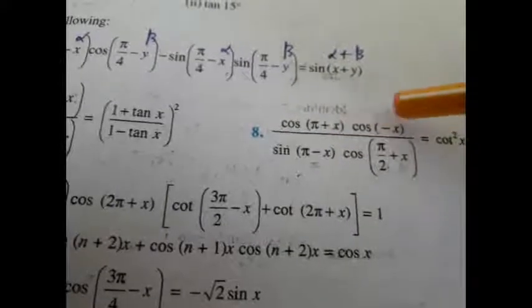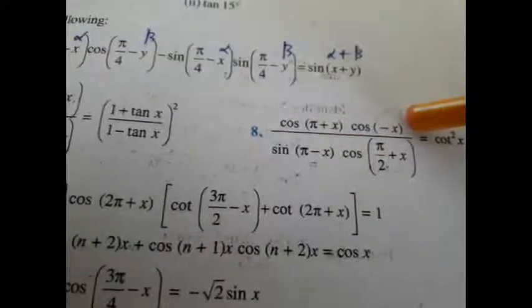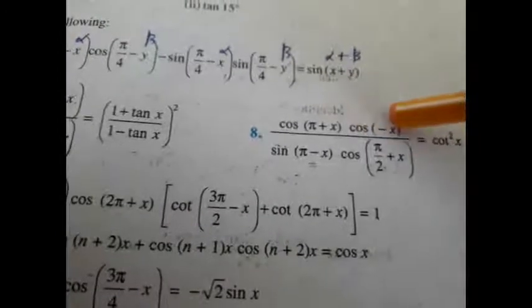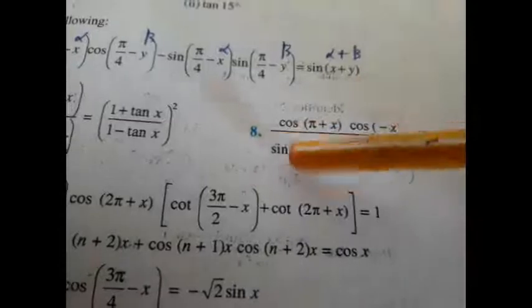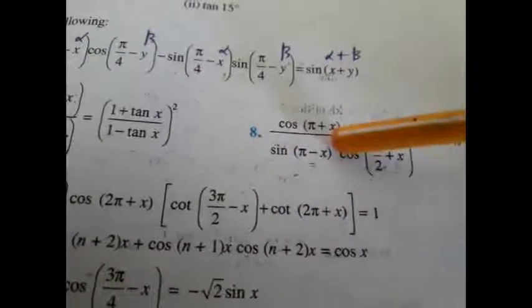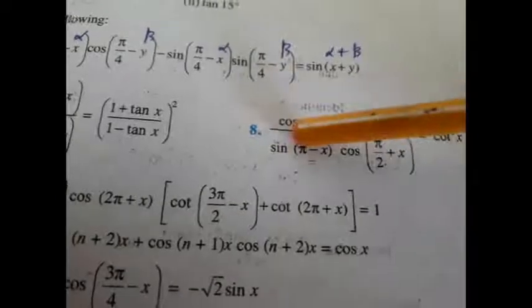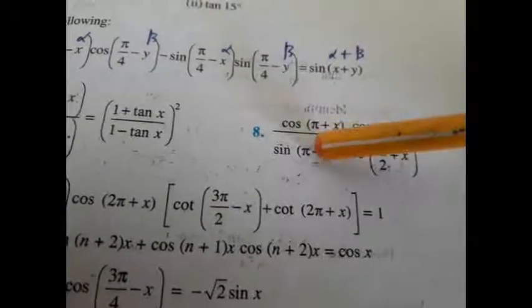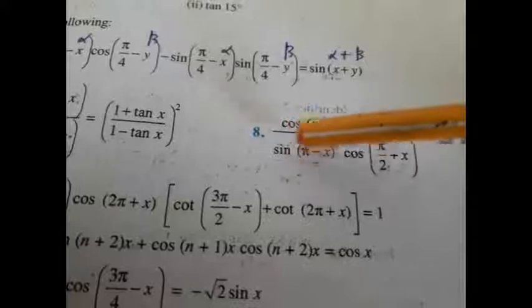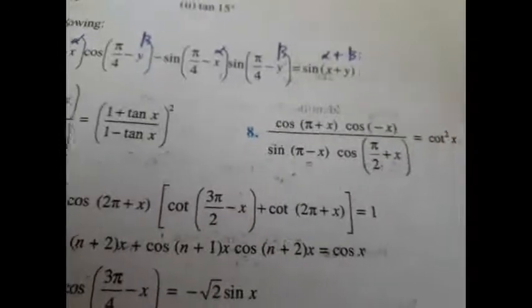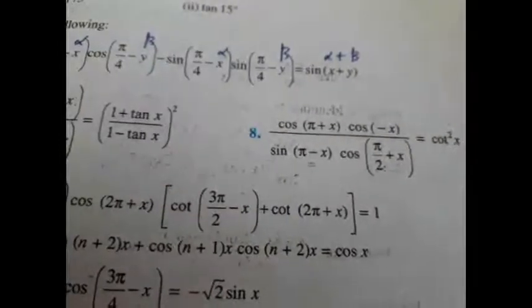Then cos of minus x is cos x. We have learned two identities: sin of minus x is minus sin x, but cos of minus x is cos x. Then what is sin(pi - x)? I told you, whenever it comes to pi and 2 pi and all, the multiples of pi, the sin and cos trigonometric ratio is going to remain the same. There won't be any change in the trigonometric ratios. But when it comes to pi by 2 and its multiples, there will be change in trigonometric ratios.